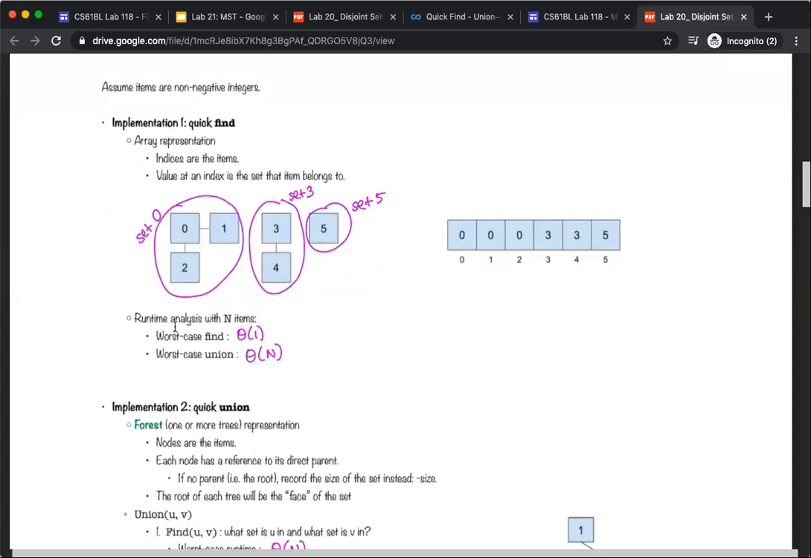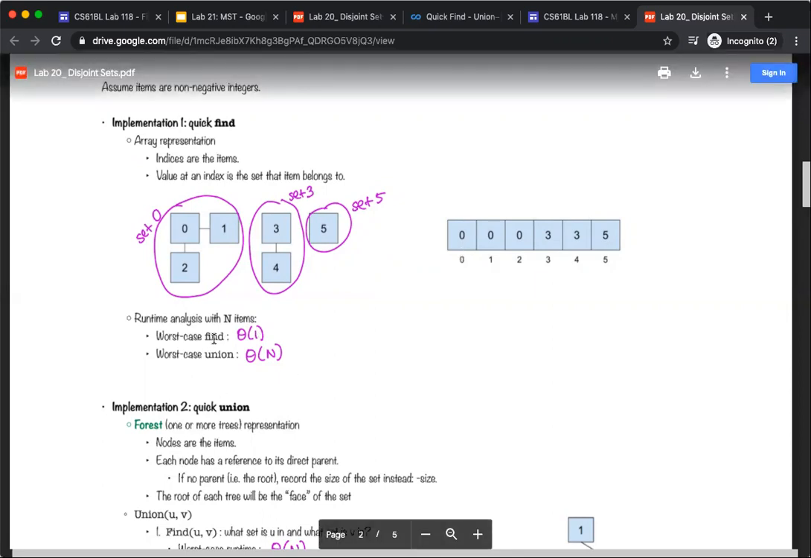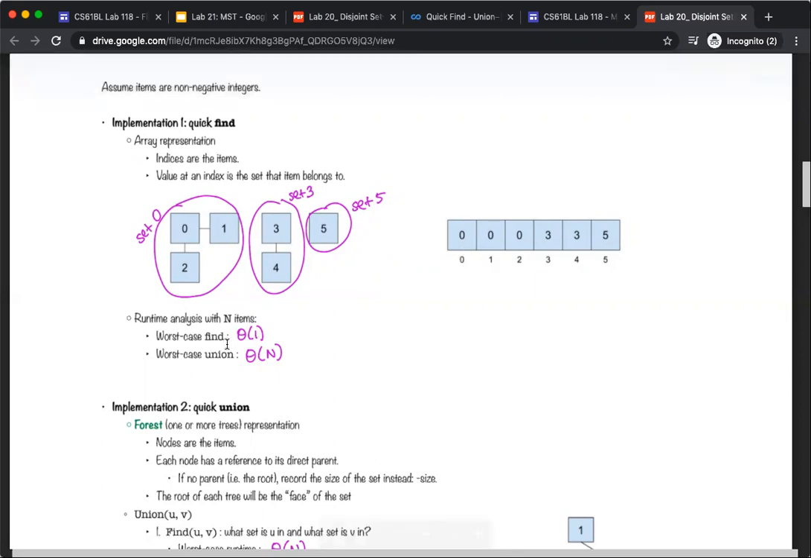And then the runtime analysis: we say that the worst case find is going to be theta 1. It's constant because all we really have to do is access a value at an index, right? We know what the index is because find is going to take in that index, the item. And then the worst case union is going to be linear, because in the worst case we have to basically,